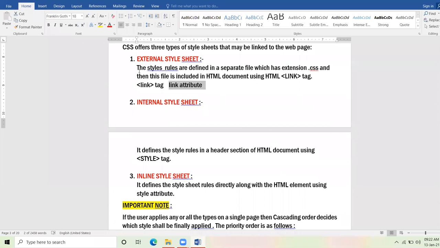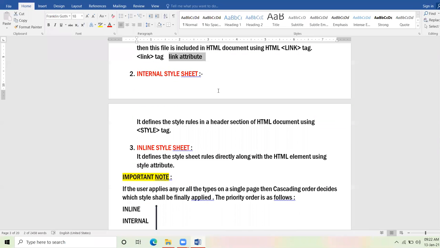All right. Now, internal style sheet. Beta, when we are using the internal style sheet, we are not creating a separate page for CSS. Rather, we are on the same page, but we are applying the style rules to the selector by using the style tag. We define all the style rules first, then we start the coding. And the style tag used in internal style sheet is used inside the head tag.